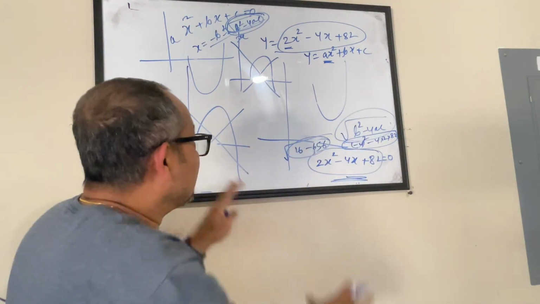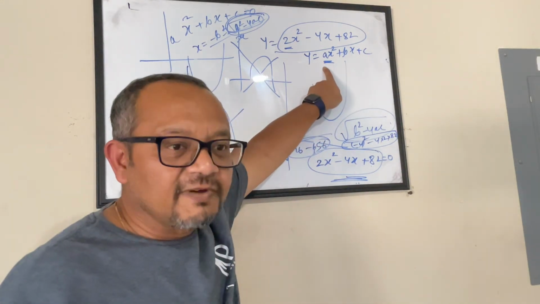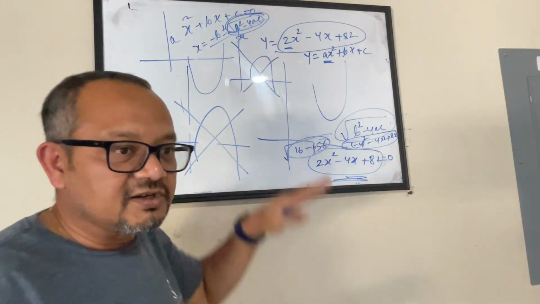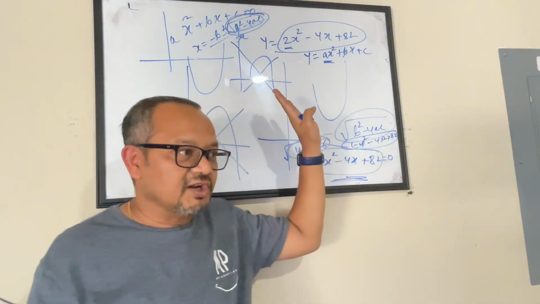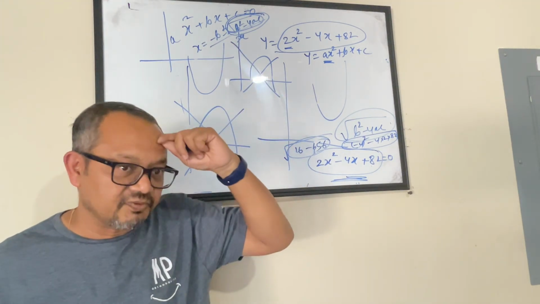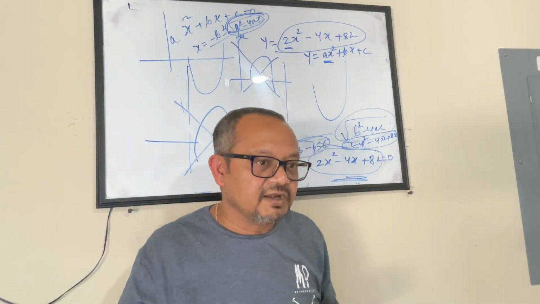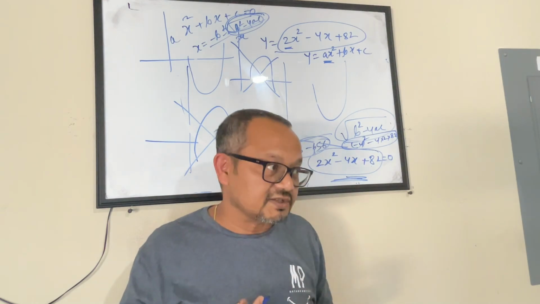From this whole equation, what did we do? We mapped it with this formula, looked at a's value, and then we found out the discriminant. That's it. And this would take maximum 45 seconds to 1 minute. You're done. If you try plotting it the most conventional way, like how I was doing before, that might take you for a ride and eat up a lot of your precious time during the exam.